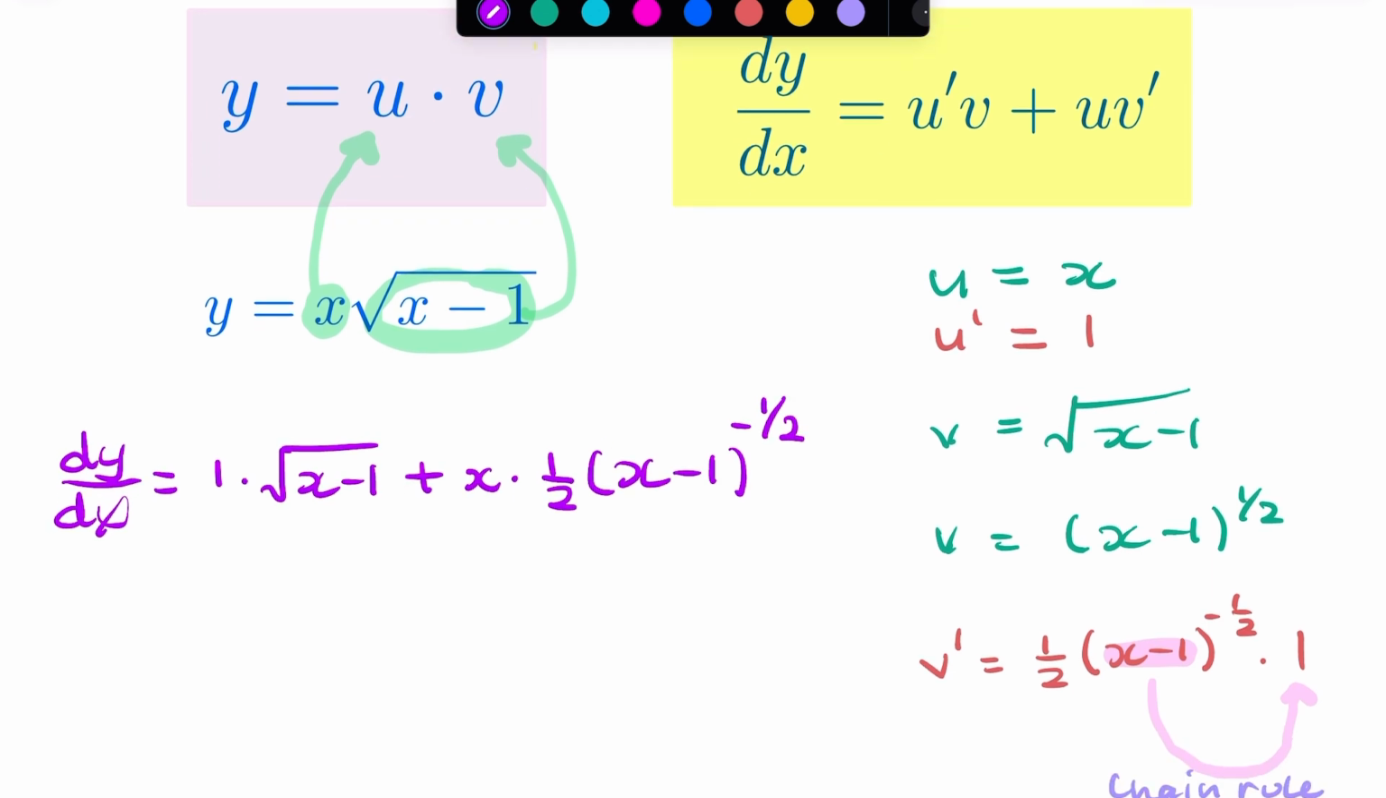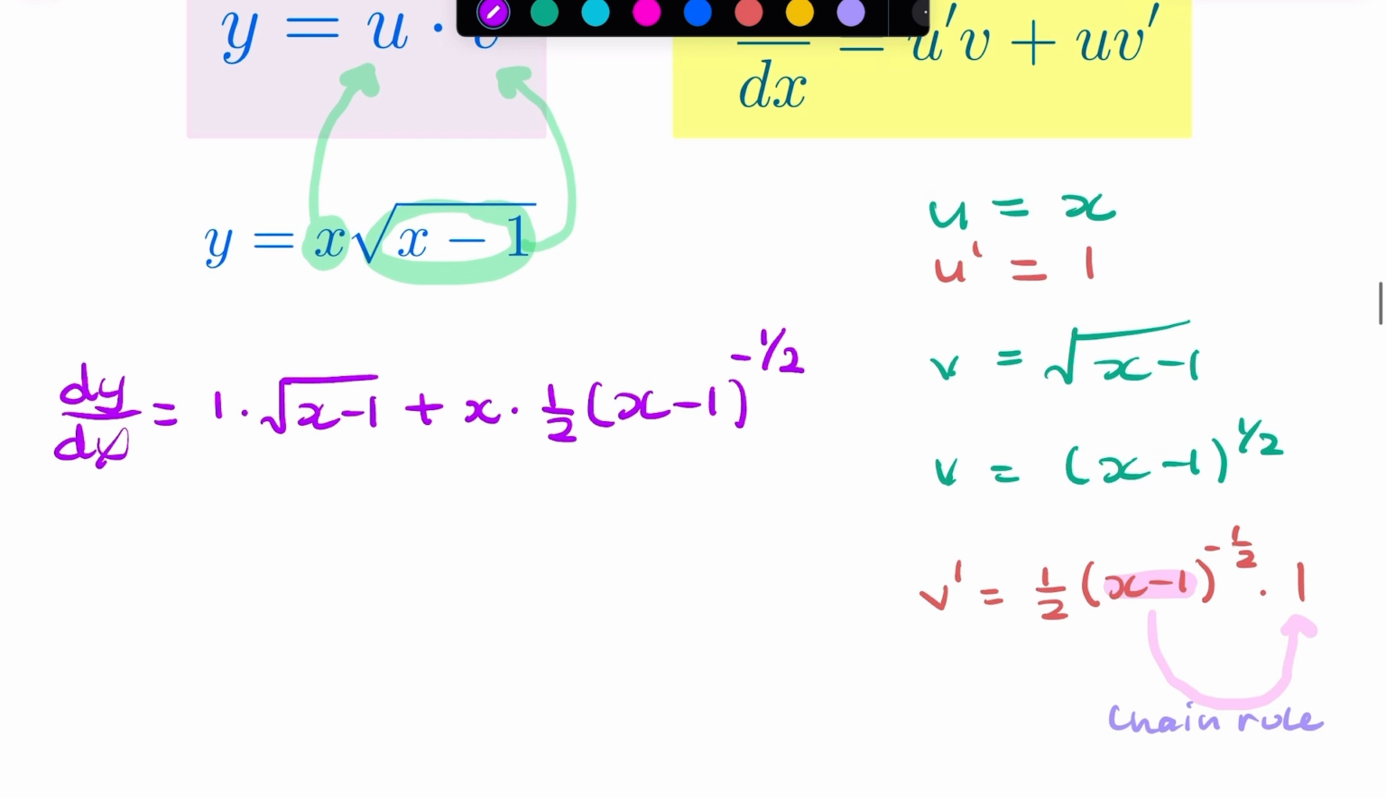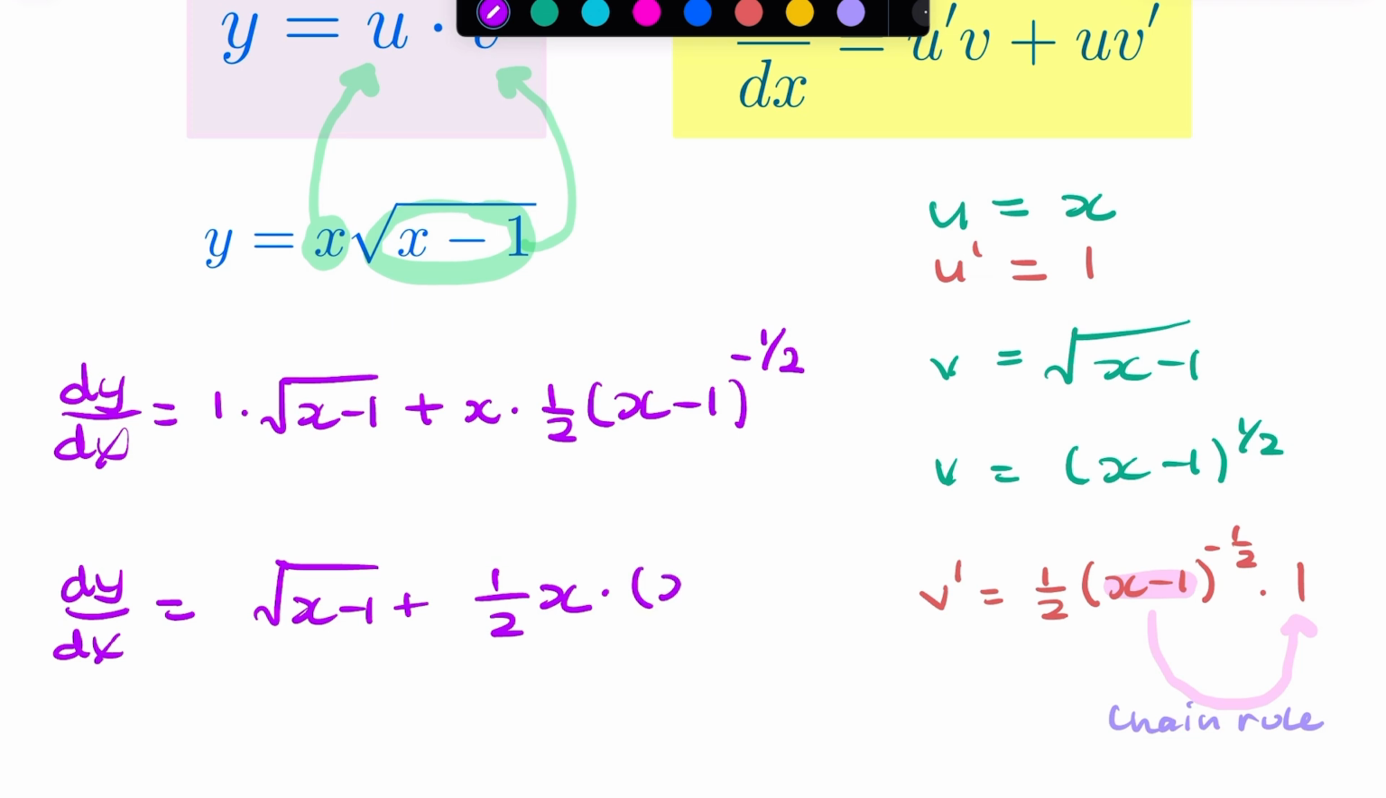And that's your final answer, although it would be nicer if we were to simplify it. So there's no need for the 1, and it's expected that the coefficient comes before the variable. So you'd write it as square root of x minus 1 plus 1 over 2 x times (x minus 1) to the power